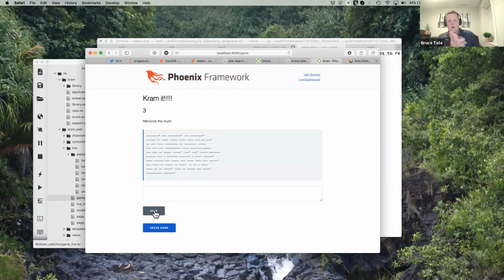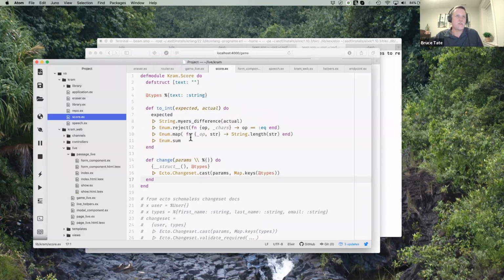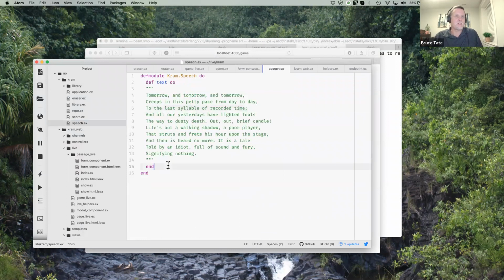Okay, so the score is growing. It's not exactly the score that we want, right? And so I want to do something else. I want to have a shorter speech so that we aren't going to kill ourselves memorizing that bit of Shakespeare, which is marvelous Shakespeare,